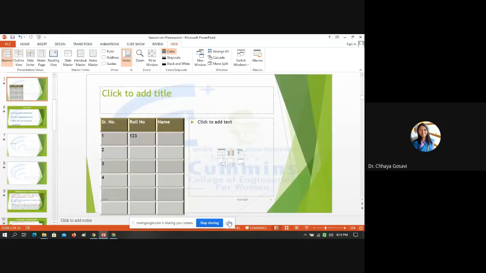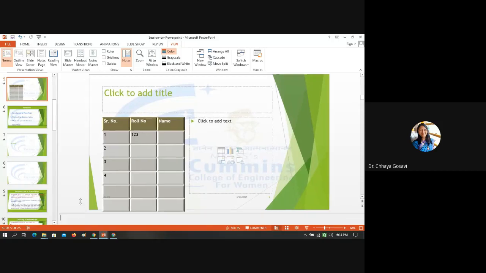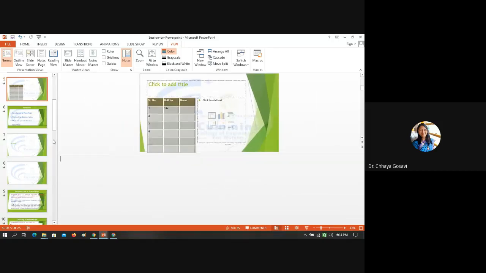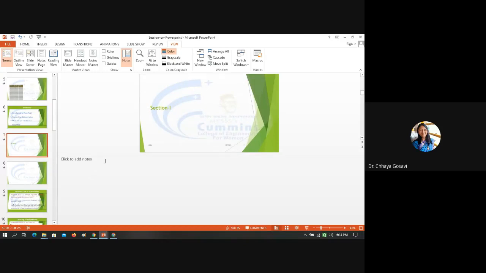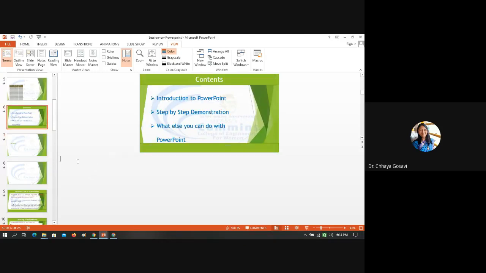Now, if you have noticed, there is something called add notes here. If you click on any slide, click here to add notes. So these notes, if I am adding here something, introduction.